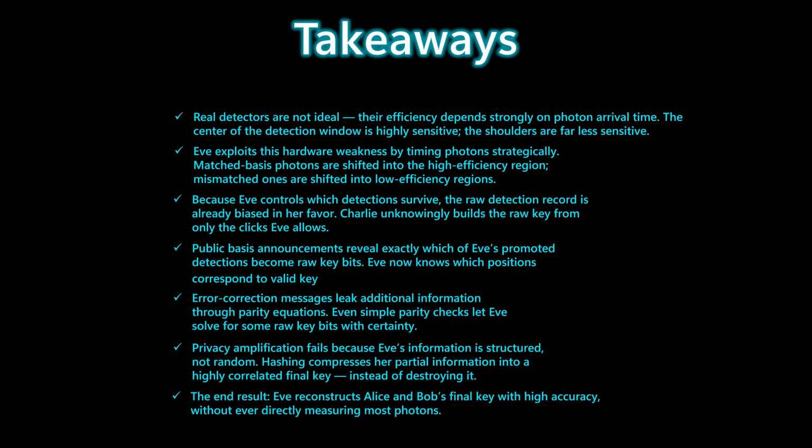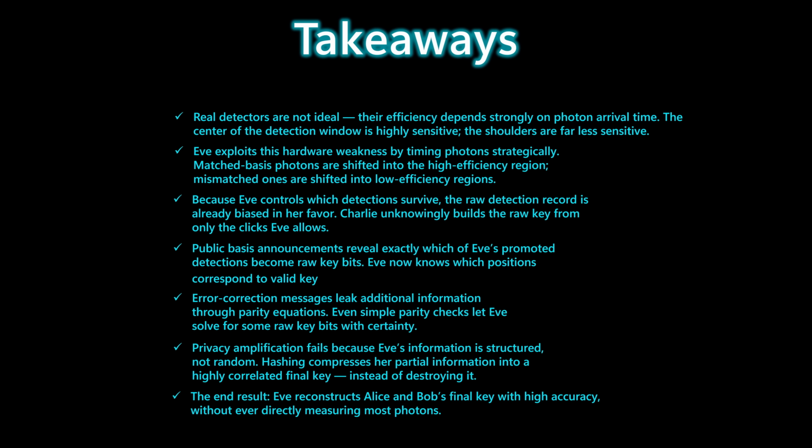Real detectors are not ideal. Their sensitivity depends strongly on exactly when a photon arrives. The center of the detection window is extremely responsive, while the edges are far less responsive. Eve takes advantage of this physical weakness. By shifting the arrival times of photons, she can quietly control which ones are likely to be detected. She sends the matched photons into the high-efficiency region, and she pushes the mismatched photons into regions where the detector almost never fires. As a result, the raw detection record that Charlie sees is already biased